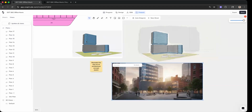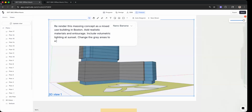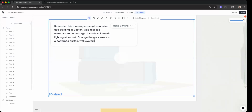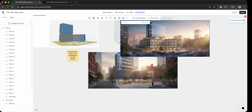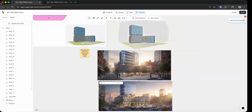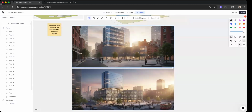We could start to change or modify this, or even say change the gray area to, let's just see if this works, to a pattern. And let's see if we get an output that changes that a little bit. So we're going back to the initial prompt here. But once you have a design that you like, and you can see it started to take those inputs into place, and you think, oh, this is actually really close to what I want, and I want to start tweaking it,